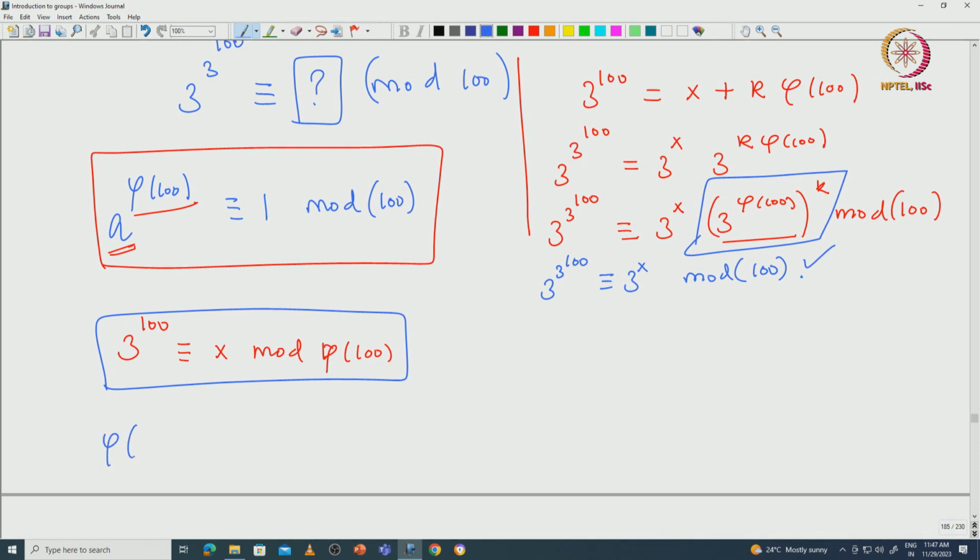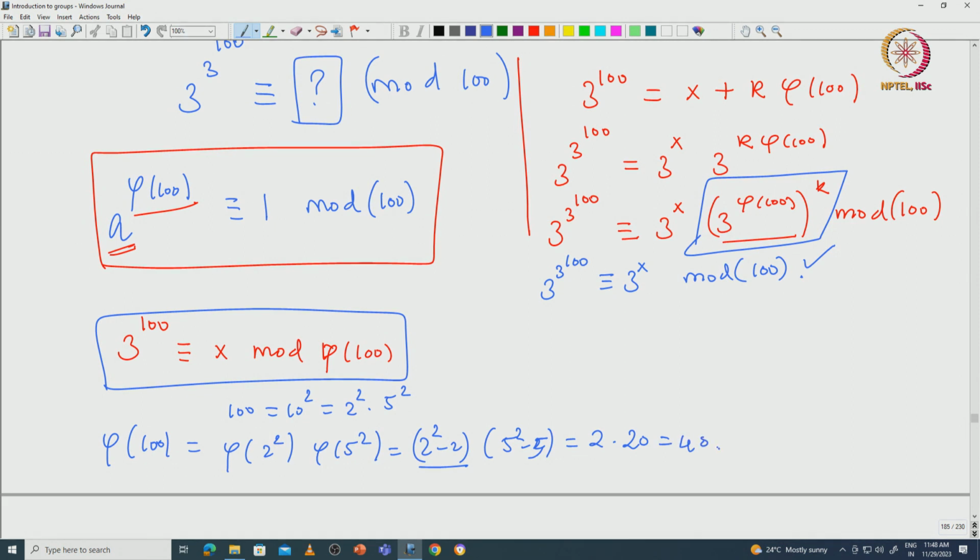But what is phi of 100? 100 is nothing but 10 square, which is 2 square into 5 square, and phi of 100 is phi of 2 square times phi of 5 square, which is (2 square minus 2) times (5 square minus 5). So that is 2 times 20, which is 40. So then you want to compute 3 power 100 congruent to x modulo 40,